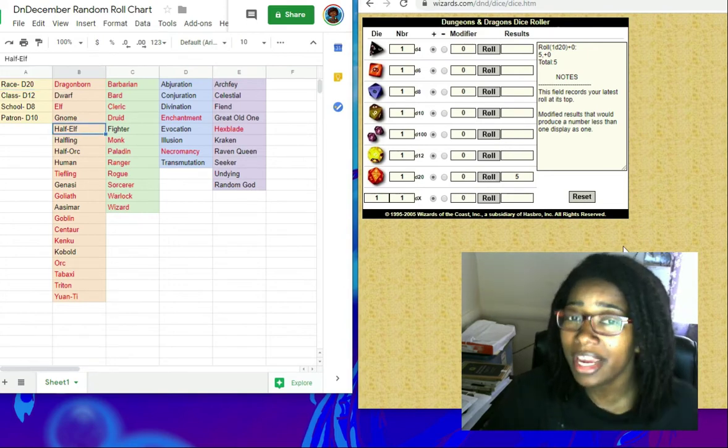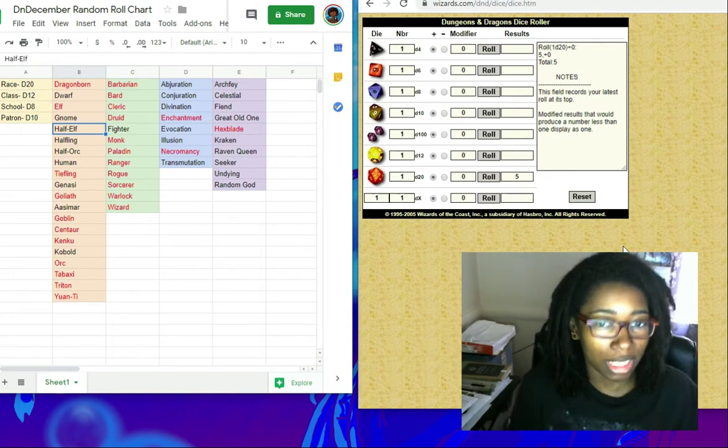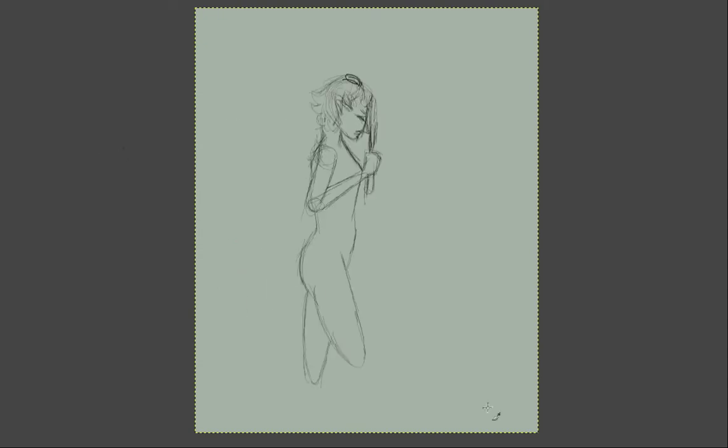Okay, typically elves aren't known for being burly fighter-esque. They're typically known for being lithe, so let's see how this turns out. Upon doing a little bit of research, I did discover that you can use Dex over Strength as your main stat, and you can also choose to specialize in archery or finesse weapons versus heavy martial weapons, which I didn't know because I've never really played as a fighter character, but I have played in parties where there were